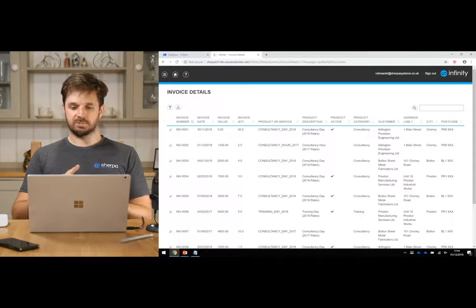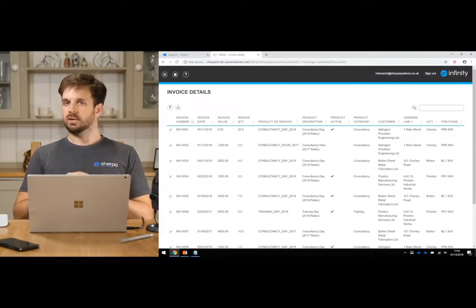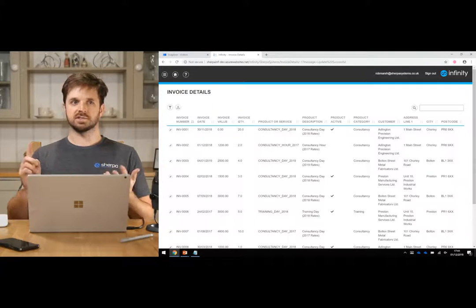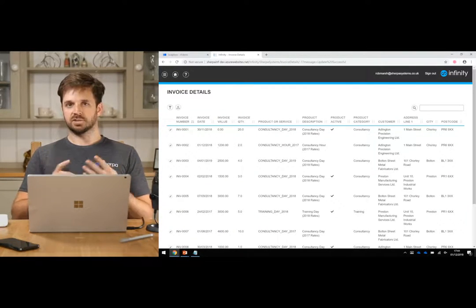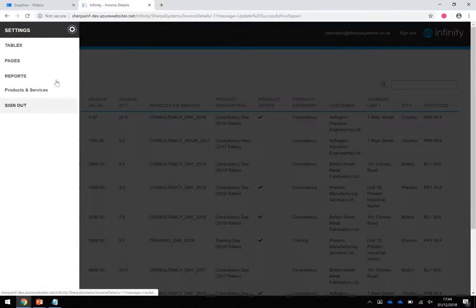But the first thing I'm going to try and create is I want to basically create a list view page that shows all of the customers, but I don't want the user to be able to do anything. So I'm not going to include any delete buttons. I'm not going to include any save buttons. This particular page group is just going to be about viewing the information. Okay, so if I go back into our pages,